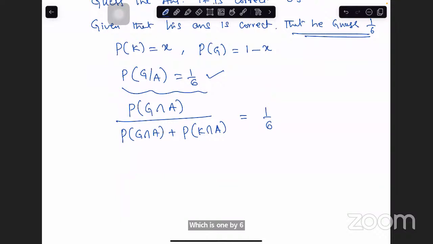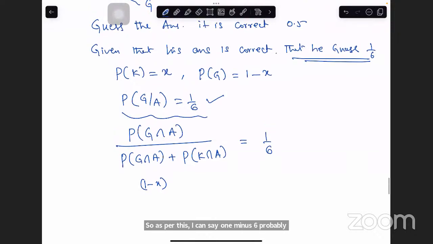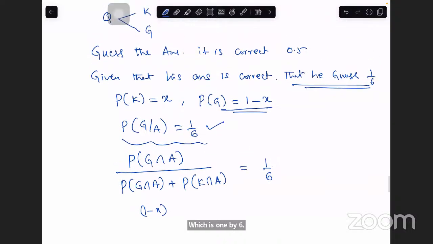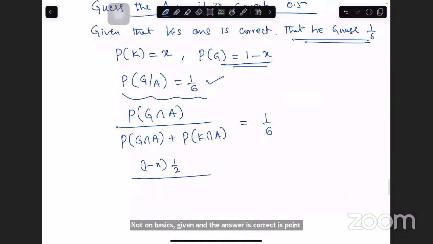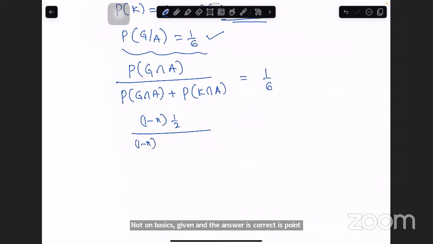So as per this, 1 minus x is the probability of guessing, and given guessing, the probability that the answer is correct is not 1/6, it is 0.5. So it is going to be 1/2 divided by (1 minus x) into 1/2 plus